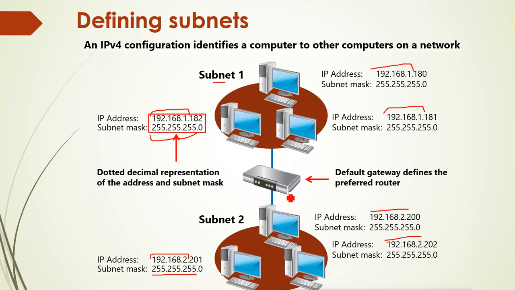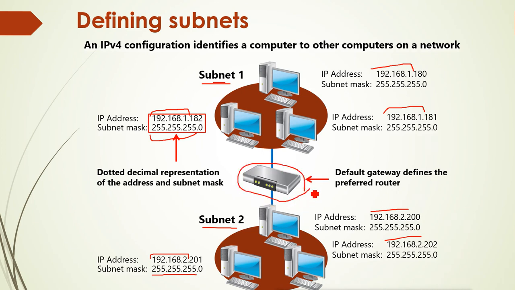Now even if they are connected to the same switch, they will still not communicate, because a switch is only used to do the communication within the network. It cannot do the communication outside of the network. Like this is one subnet and this is the other subnet. So switches can't do the communication between two different subnets, two different logical networks. So for communicating between two different logical networks, we have to use routers.